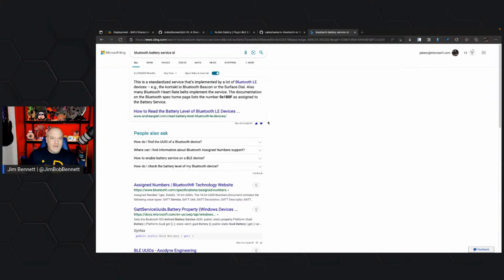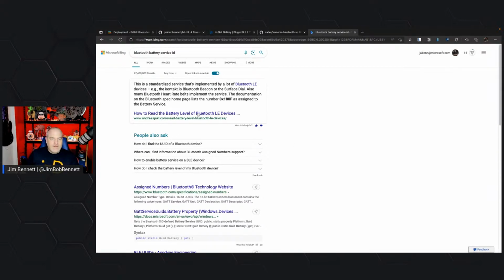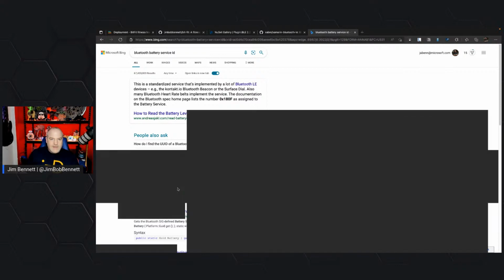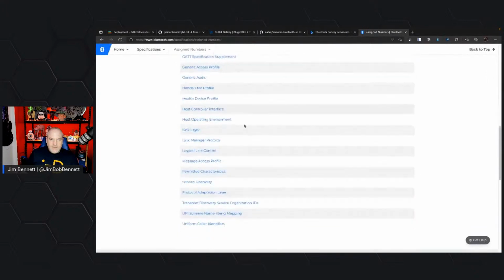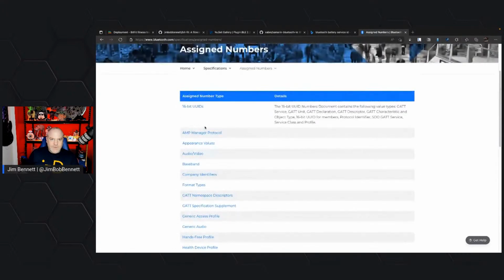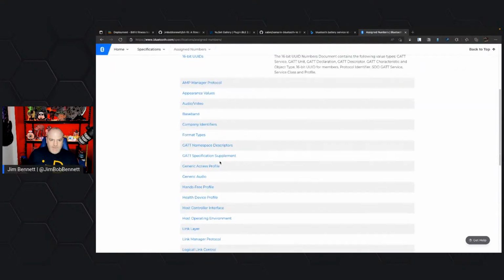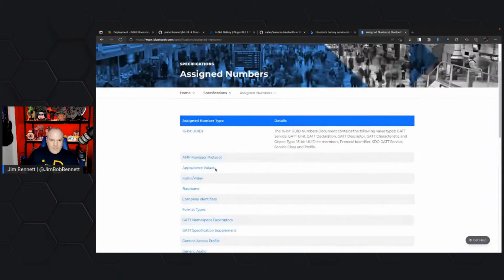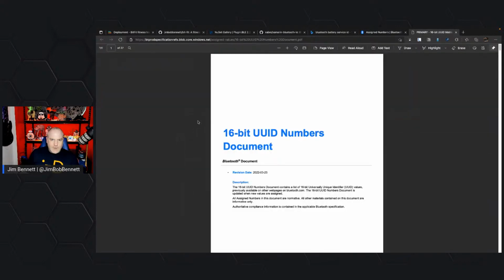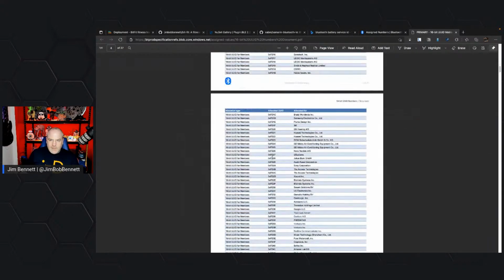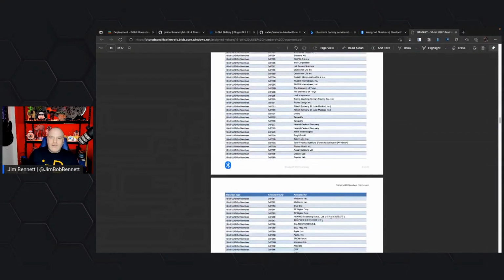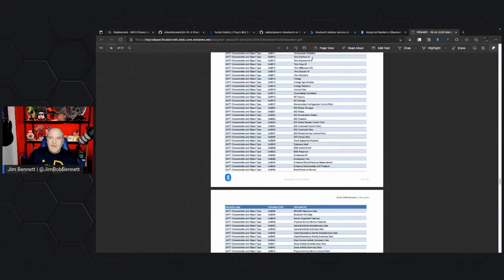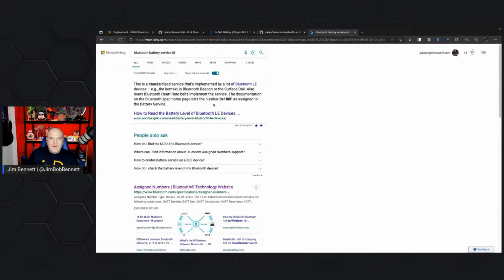let's see if I can find, here we go, assigned numbers. There's a whole list of assigned numbers for different things. I wonder if it's an actual document with those in them. So there's UUIDs for devices. There's a whole set of standards behind Bluetooth. That's all devices. What I'm trying to find is the actual